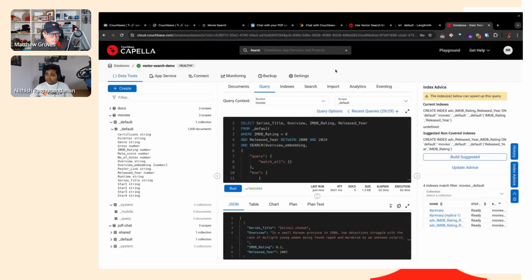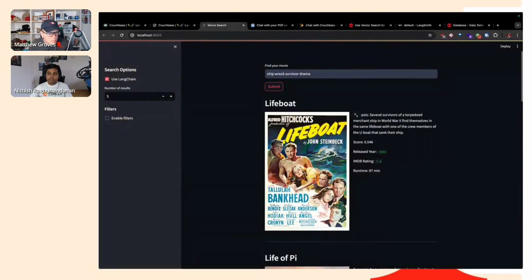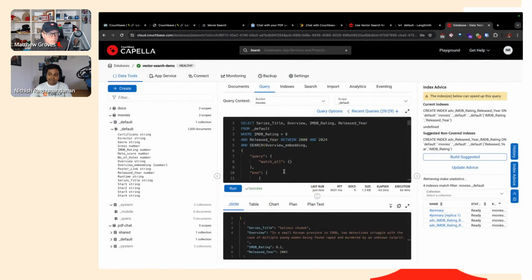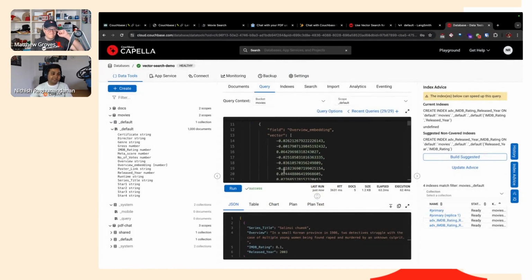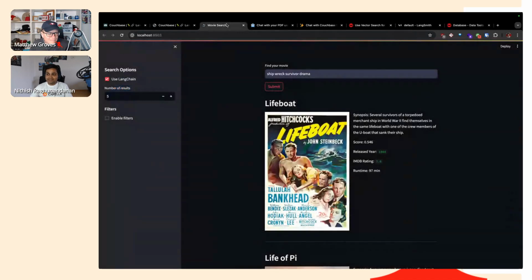I have the same thing in this earlier demo as well, where we can use filters on top of your normal vector search. It's pretty hard to copy and create all these vectors in the SQL workbench, so I'm just using this app because it's so much easier.